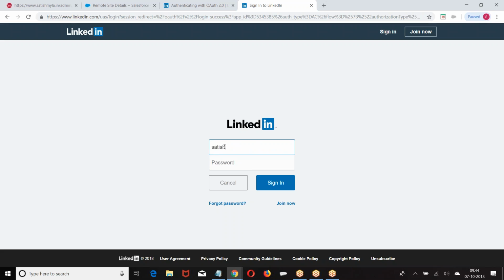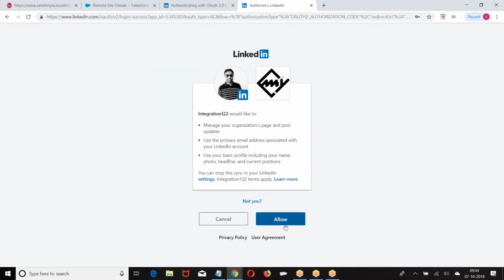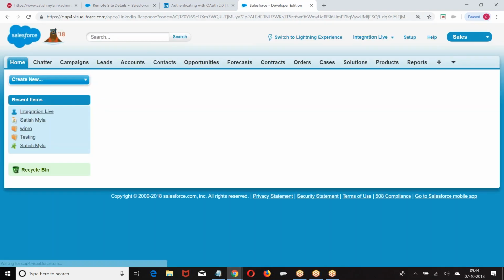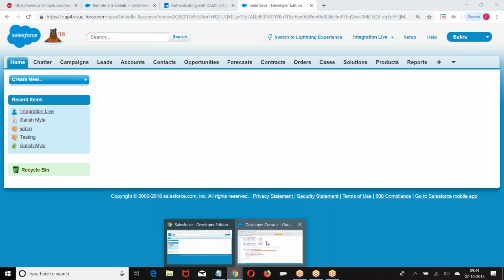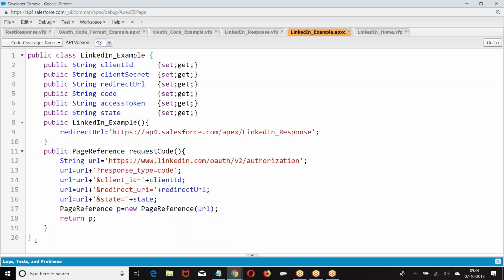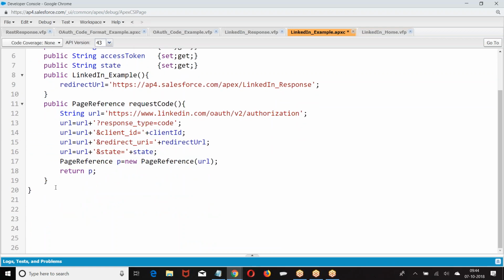Now I'm giving the login, logged in. It is asking to authorize it. Now, what are you able to see on the top? We are able to receive the code. I hope you are good with this. So we are receiving the code. How do you read the code from the URL? So the code is coming on the URL. How do you read it? If you want to read any parameter from the URL,